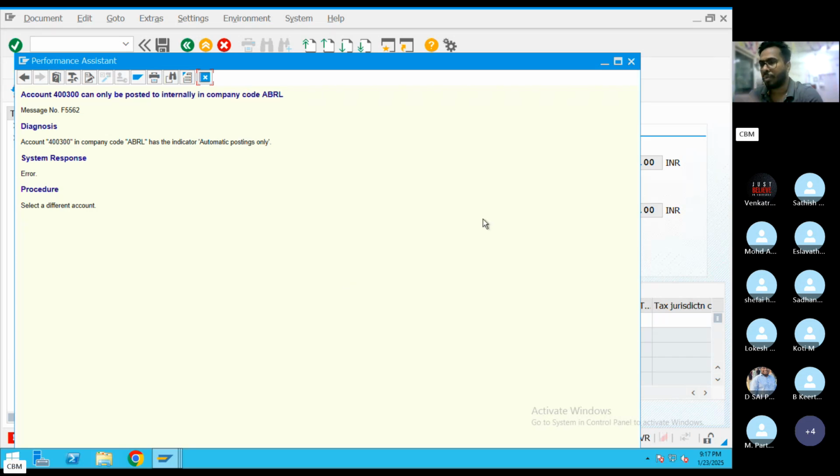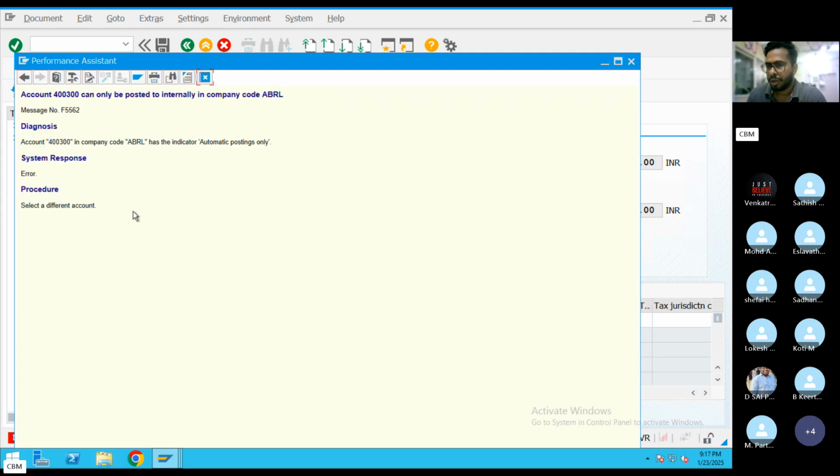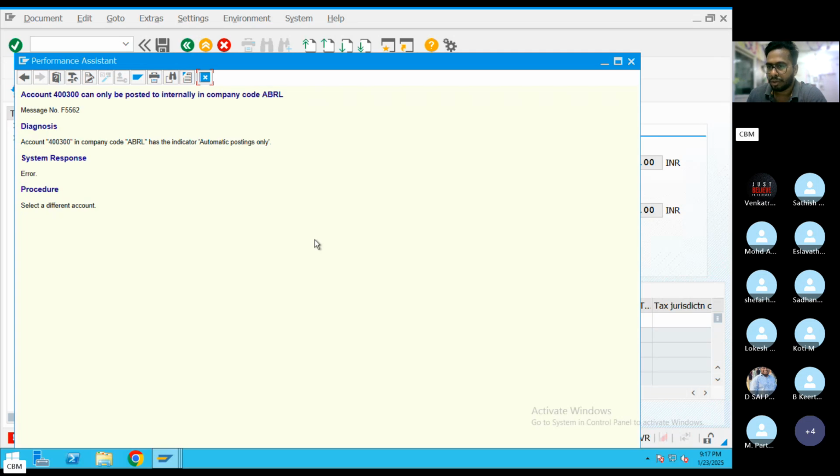Okay, if you are in the support project, the implementation part is already done, then the support project will be started. In the support project, you have to resolve the issue. So SAP end user is facing this issue. If you know the GL model, AP model, AR model, banks, fixed asset, then you can resolve this issue. If you know the configuration part, you can resolve this issue. But if you are an end user, you cannot resolve because you don't know the configuration.